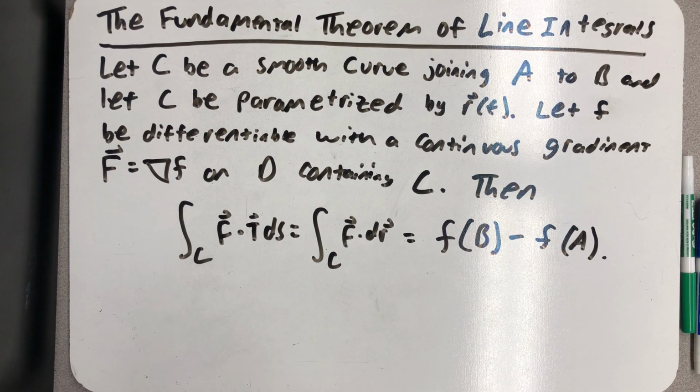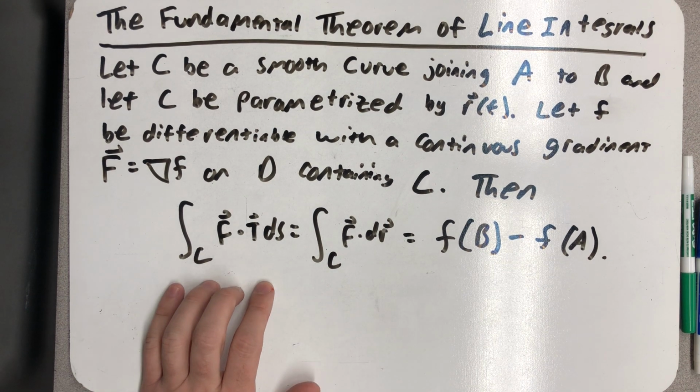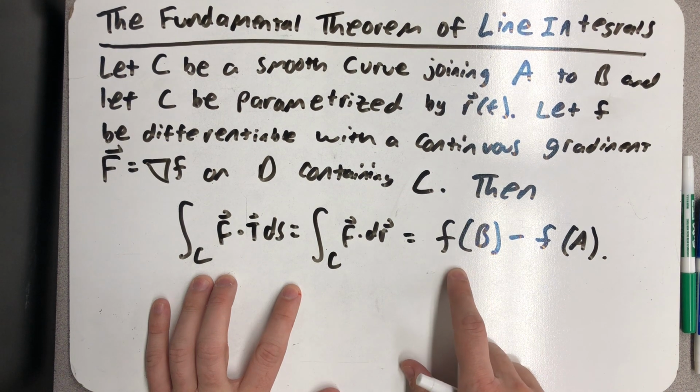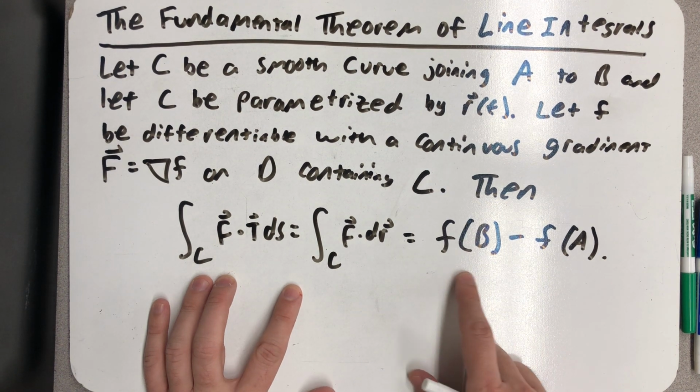The fundamental theorem of line integrals. Let C be a smooth curve joining A to B, and let C be parameterized by the vector function r of t. Let f be differentiable with a continuous gradient field, big F equals del f, on a domain D containing the path C. Then, the path integral of F along C is the difference between f of b and